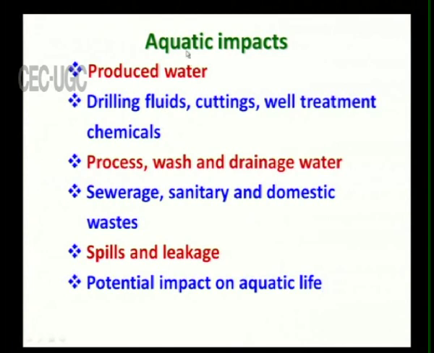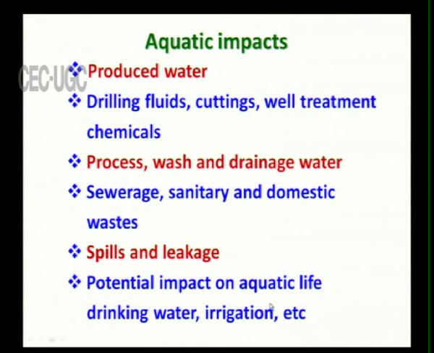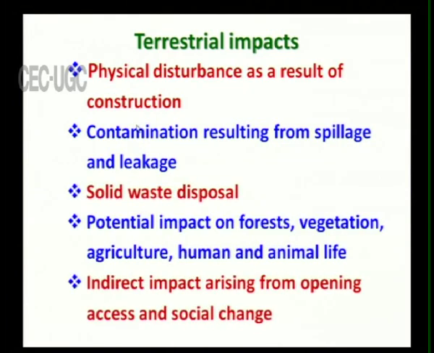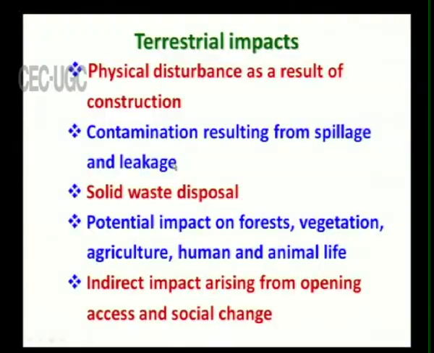And so, the aquatic impact is equal to that of the atmospheric or the land impact, and it is affecting the drinking water and irrigation also. And then comes the terrestrial impact, the physical disturbance as a result of construction, because when an oil well is constructed, it physically affects the whole surrounding, some few hundreds of kilometers, and the contamination resulting from the spillage and the leakage, solid waste disposal, the potential impact on forest, vegetation, agriculture, human and animal life,